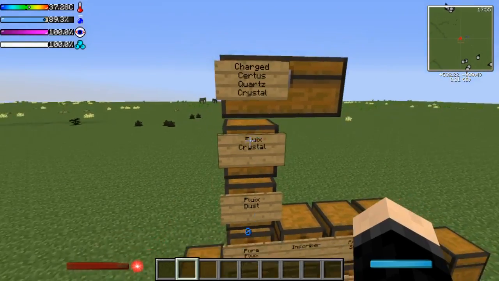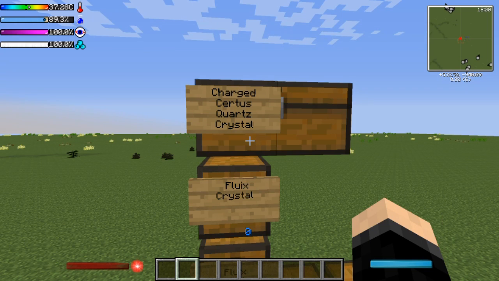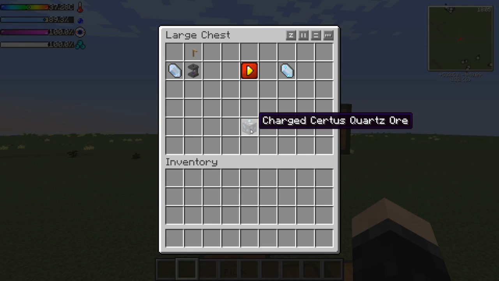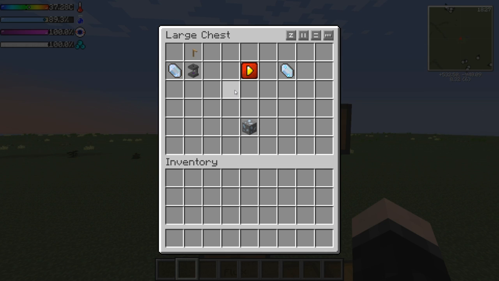Once you get that, you can continue with your process, but in order to get charged Certus quartz, here's how you do it. Rarely in the world, you'll find charged Certus quartz out randomly while mining. So if you do find some, go get them. A second way that you can make Certus quartz charged